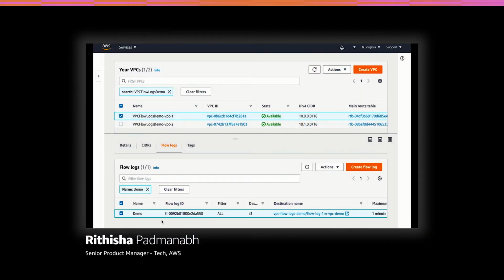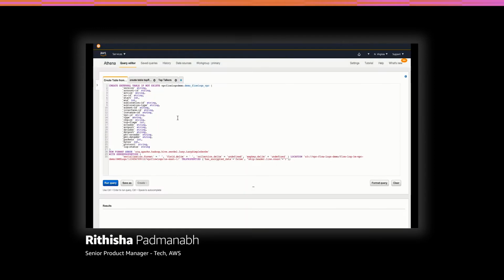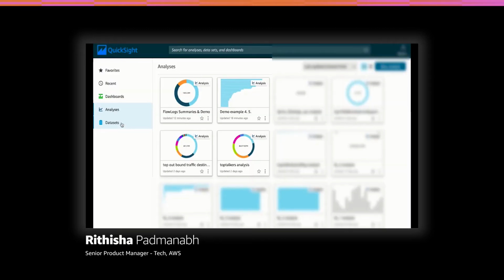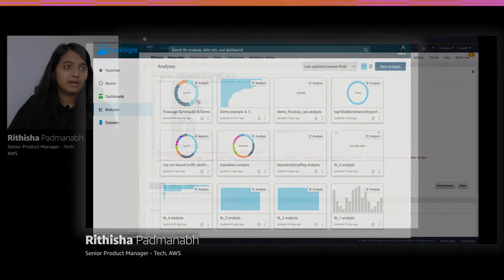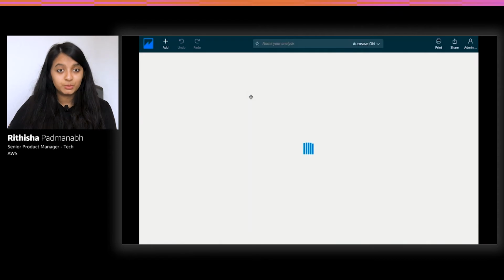These are our 2 VPCs. We've enabled 1-minute flow logs. We're publishing it to S3. We've enabled all enriched metadata fields like TCP flags, availability zones, and so on. Now we create a corresponding table for the subscription in Amazon Athena. And then now we import that table as a data set into our Amazon QuickSight environment. Now let's look at some cool visualizations on our QuickSight.